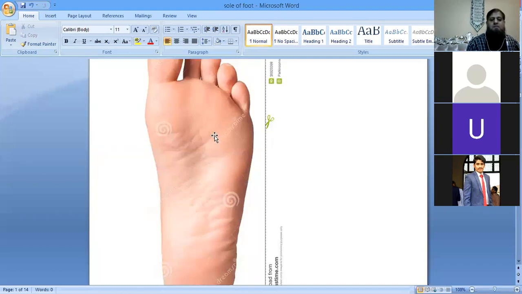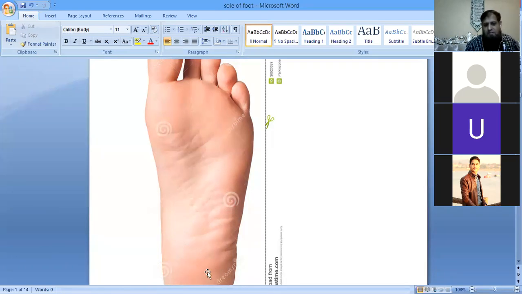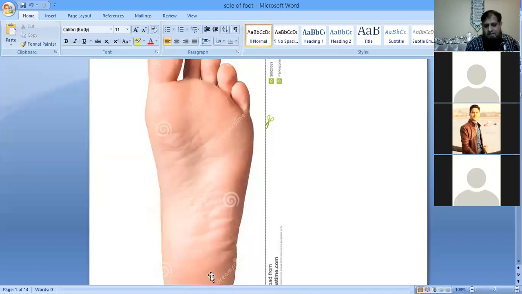Number 2 is skin. Have a look over skin. It is thick and strong. ये thick क्यों होती है जी? And it is mostly thick at the weight bearing areas. The weight bearing area of the sole of the foot, these are present over the, these are what? Heel, and then the lateral border of the foot up to the ball of the big toe. This is the area which we call as the weight bearing area of the foot.